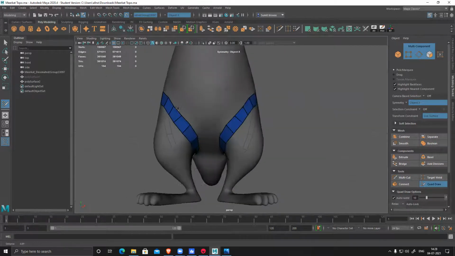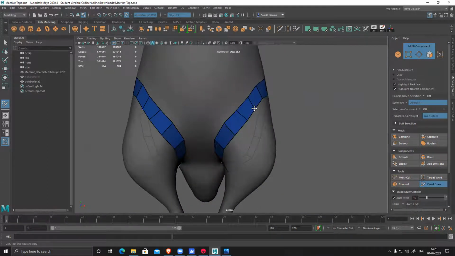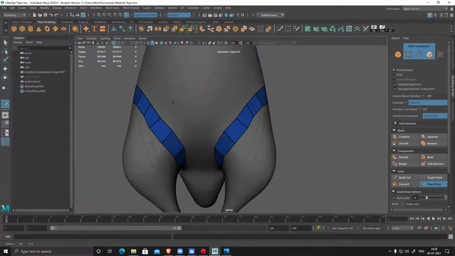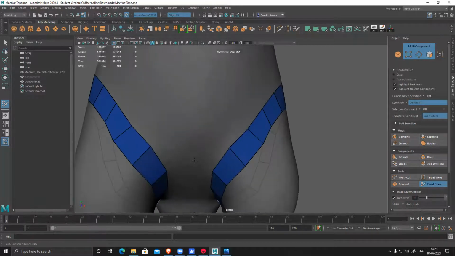So this is to hold the thigh, this joint. Okay, this is nothing to do with the belly. This one. Now I need to create this belly. So for the belly, what I can do is